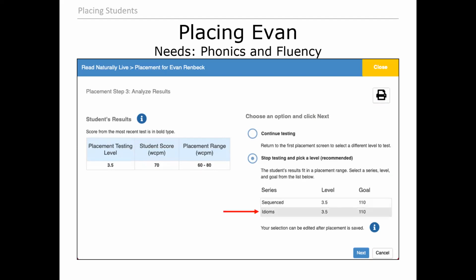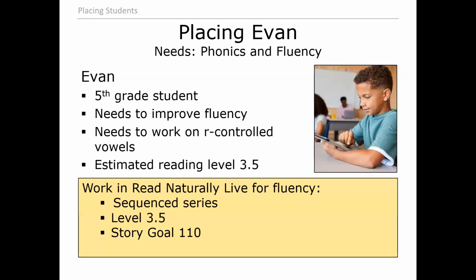I have 2 options, but neither of them are R controlled. Neither of them are even phonics. I have an idioms option or a sequence series option. Okay, so because R controlled is not listed there, I know I have to address phonics separately. So I'm going to put Evan in 3.5 to work on fluency and comprehension, and I will work on